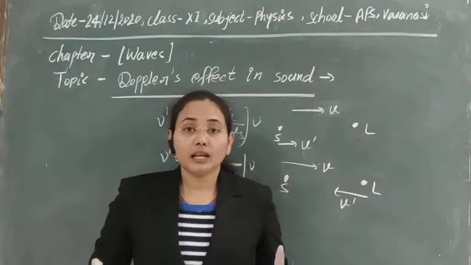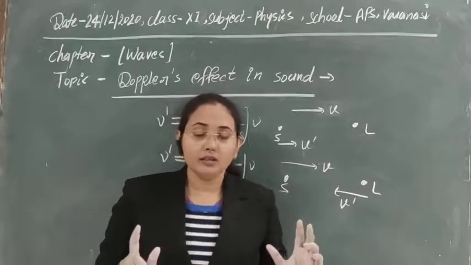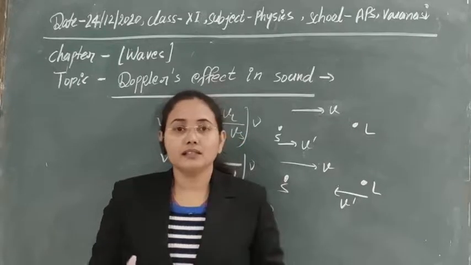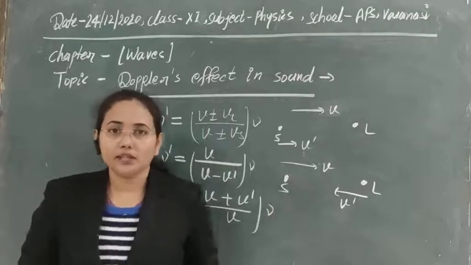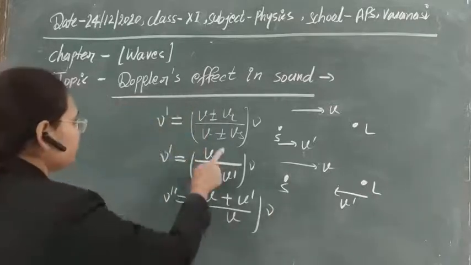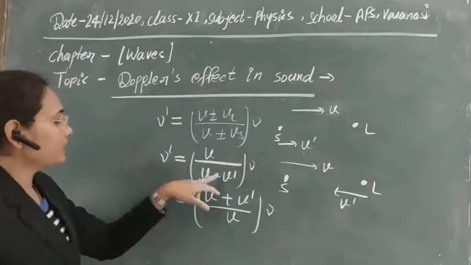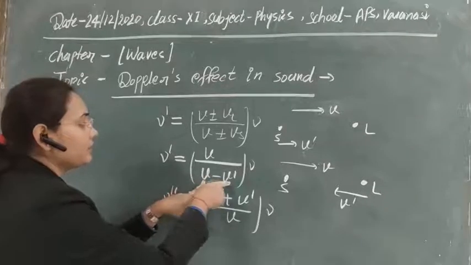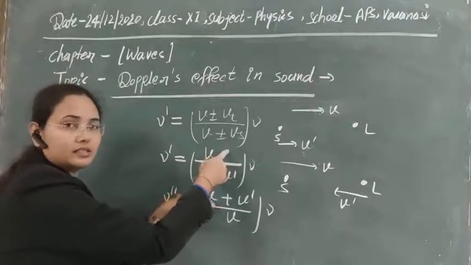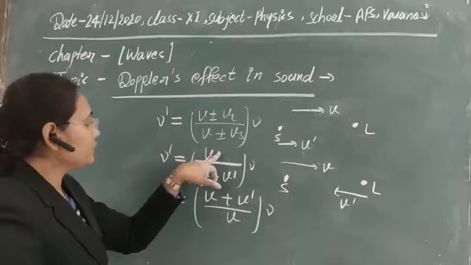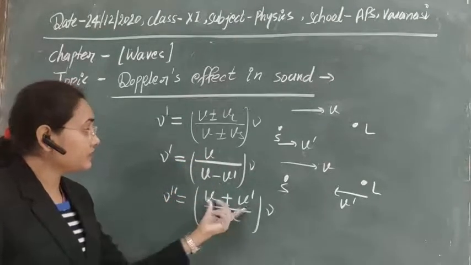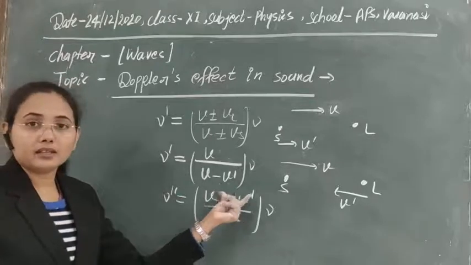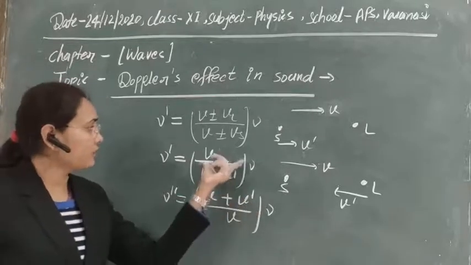No, both times the velocity is the same, but the frequency that is heard by the listener is different. So let's see in which case this frequency will be greater. From these two expressions you can see that the numerator is greater than this, and the denominator is less, but still, if you look at the greater concept here, then this is more greater than this one.